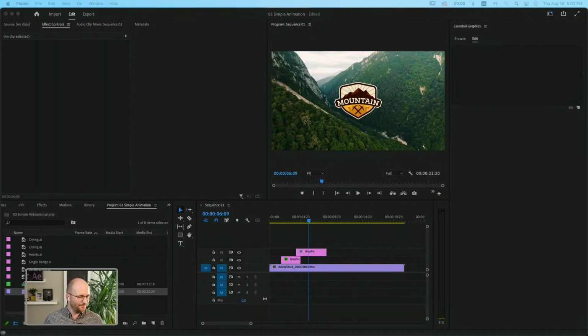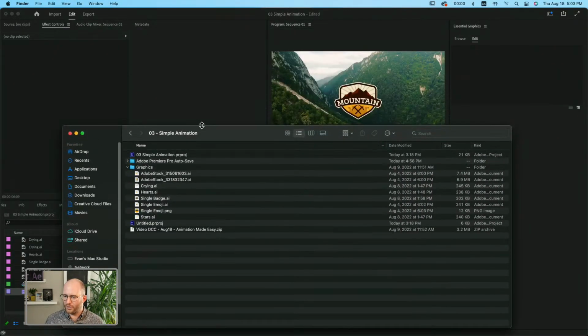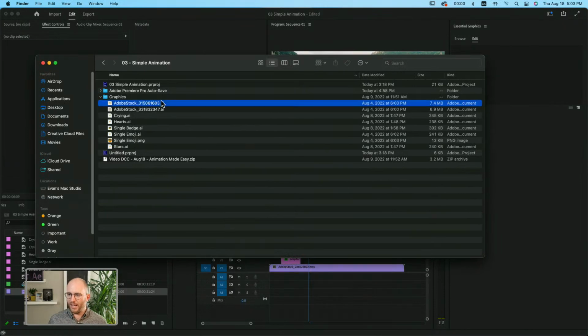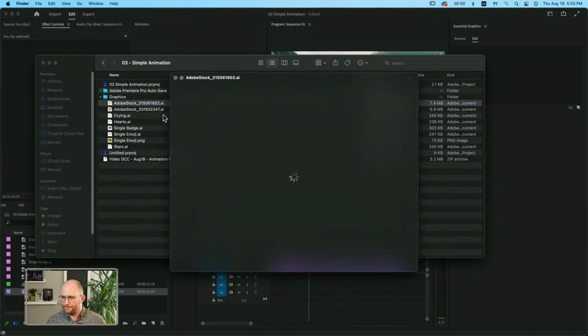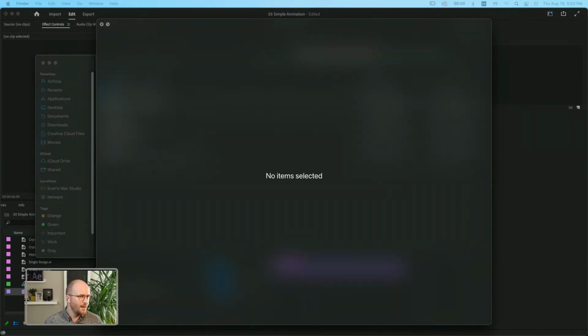So what I want to do is I'm going to crack open my files for the day so you can see where we started. It's important to see where we start before we get where we're going. Now, where did I keep them? There it is. So I have this folder here for our simple animation, and I've downloaded from Adobe Stock this nice collection here of some emoji, right? The plural of emoji is emoji, of course. And